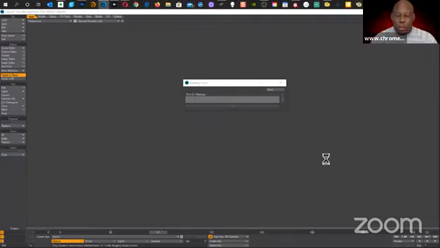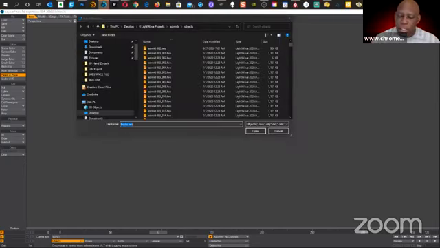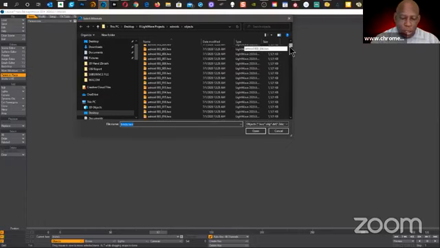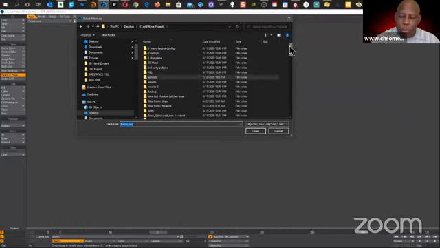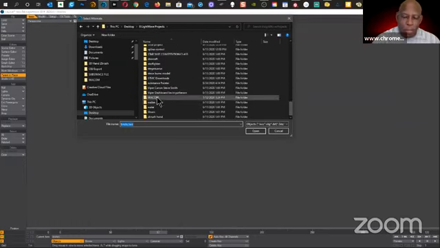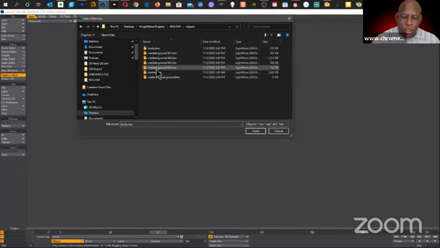So let me explain what I've actually done in this scene. Let me go back over here and get the message. Yes. It's looking for the bricks Lightwave object, which is very interesting. Why would it not find that? I think it's because I'm in the wrong folder. That's why. All right, go back down to here, go to Wacom, go to my objects, and there's my bricks, and open.